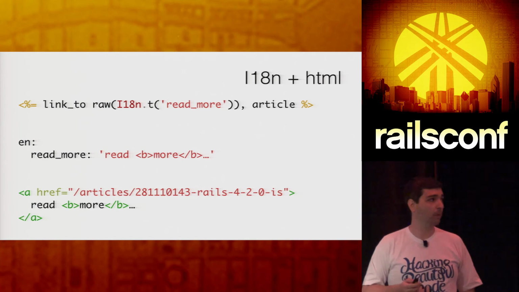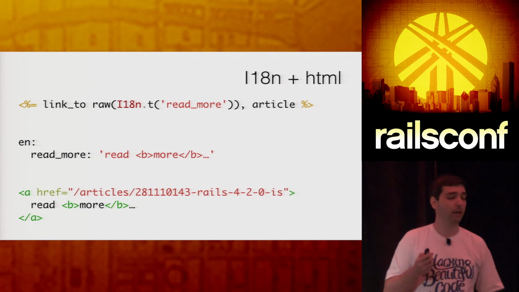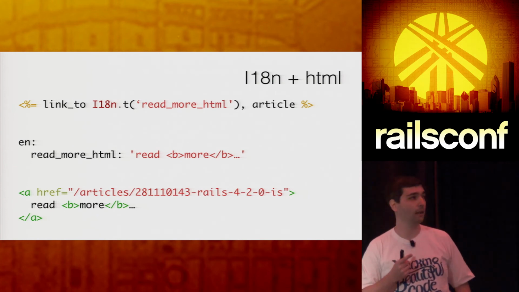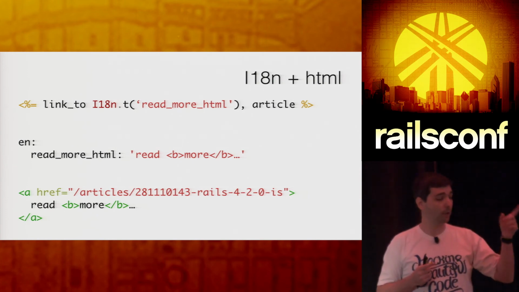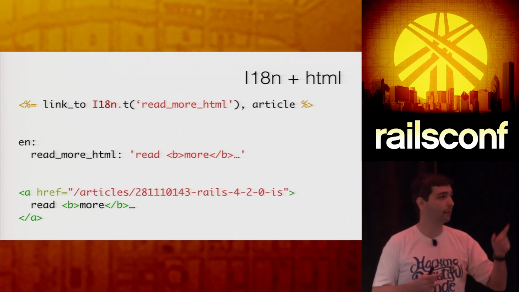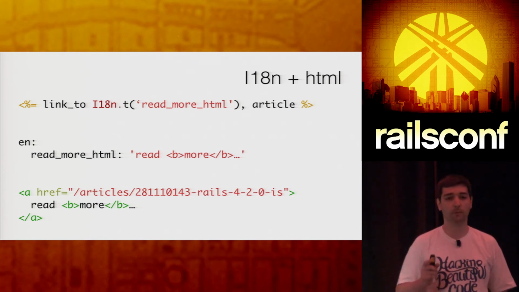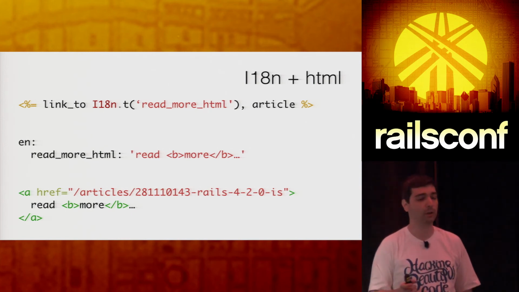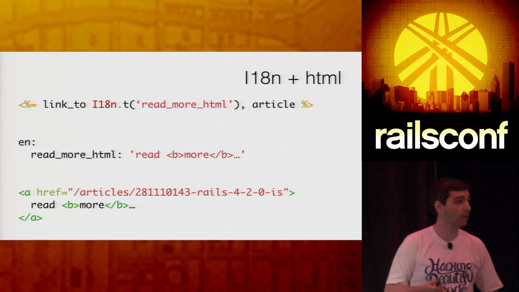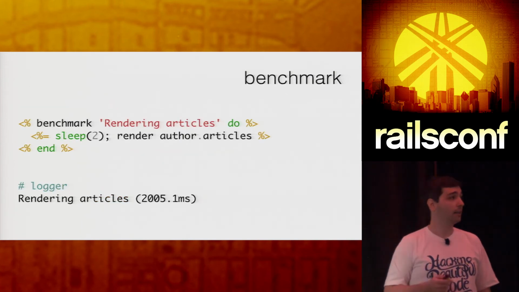But you may be introducing a problem here, because if later on you want to add some interpolation values, you may be adding a security problem to your application. So what you should do actually is just name the locale key ending with underscore html, like that. And Rails will automatically mark that as safe for you, but only that piece of code. So you are not introducing a security problem anymore in your application. Rails will automatically mark that piece of HTML safe for you, but it will escape any other interpolation values you send. Right?